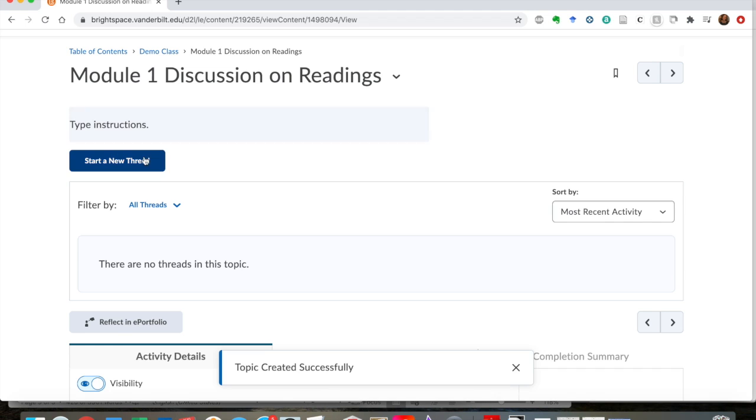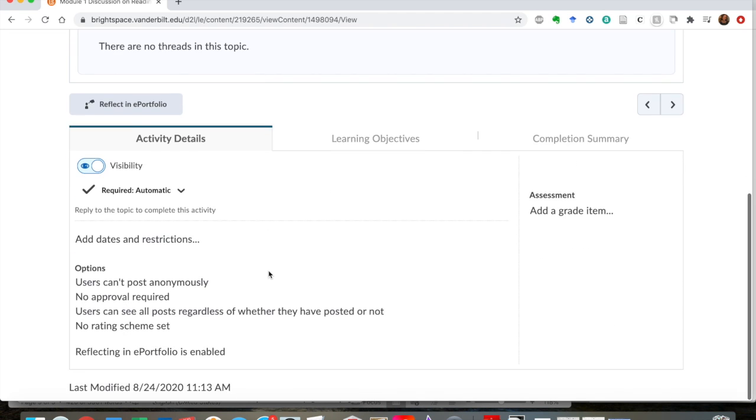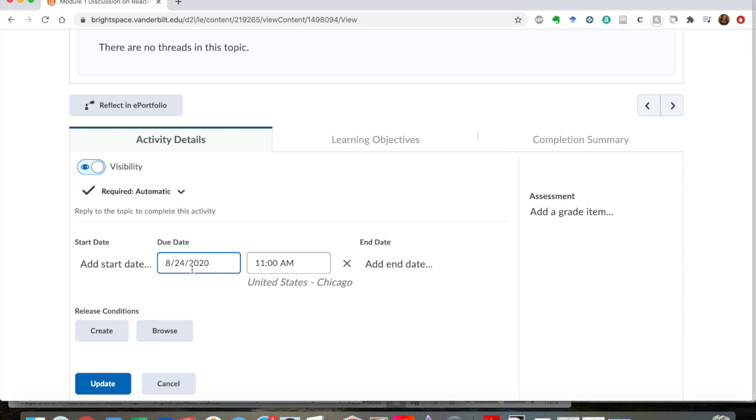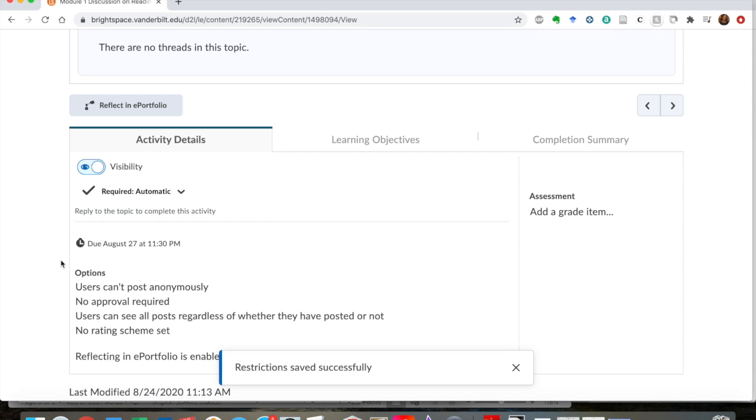You'll see here then that students can come in and start a new thread. You yourself are able to start a new thread if you want to, but for our purposes, what I want to come down to is the dates and restrictions that's under activity details. This will let you set a due date. So I want to set this for the end of the day on Thursday, and I can just hit